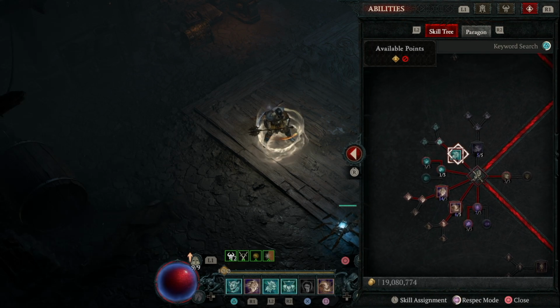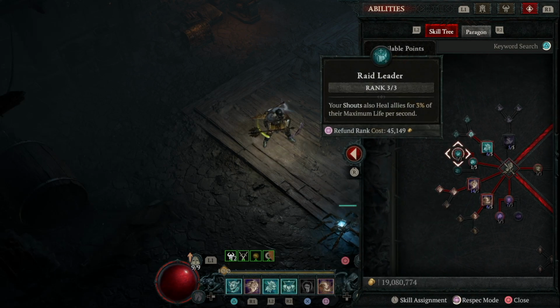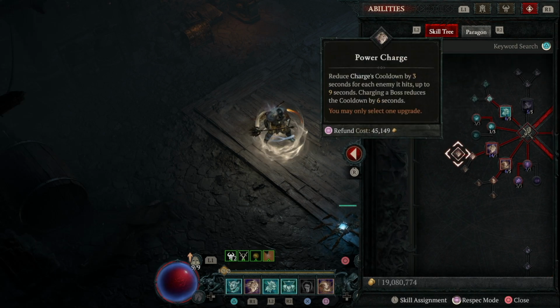1 point into Warcry, 1 point into Enhanced Warcry for the Berserking on cast, 1 point into Booming Voice, and 3 points into Raid Leader for the healing, which not only heals other people but heals yourself, which makes doing dungeons so much easier. 5 points into Charge, 1 point into Enhanced Charge, and 1 point into Power Charge,